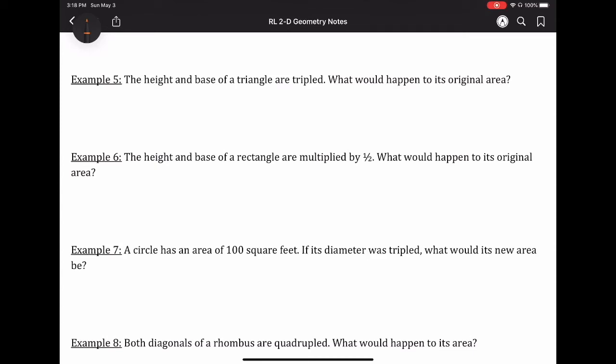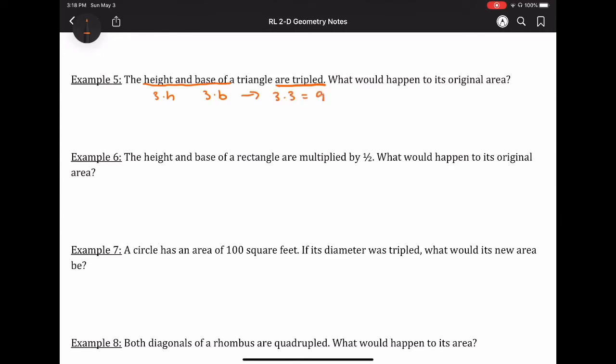So because it says the height and base are tripled, what's happening here is I have 3 times the height and 3 times the base. So what I'm going to do is take those changes and multiply them together. So I have 3 times 3